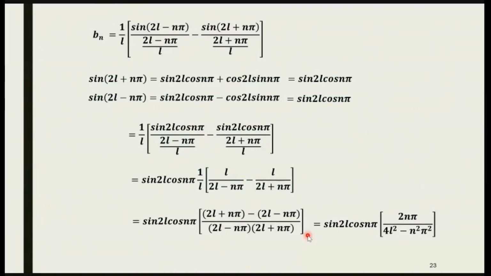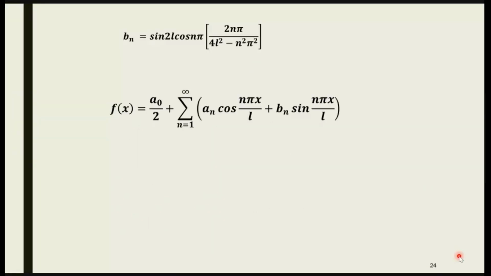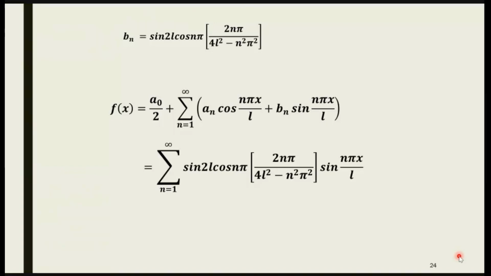Substituting this Bn in the Fourier series expansion. So first we had sin A sin B, then we got cos A minus B minus cos A plus B, then integrated the cos function and got it in this form, applied the upper limit and lower limit and got it in this form, and then using sin of A plus B and sin of A minus B, simplifying, taking this numerator part common, and then taking the LCM and simplifying. Substituting in the function f of x equal to